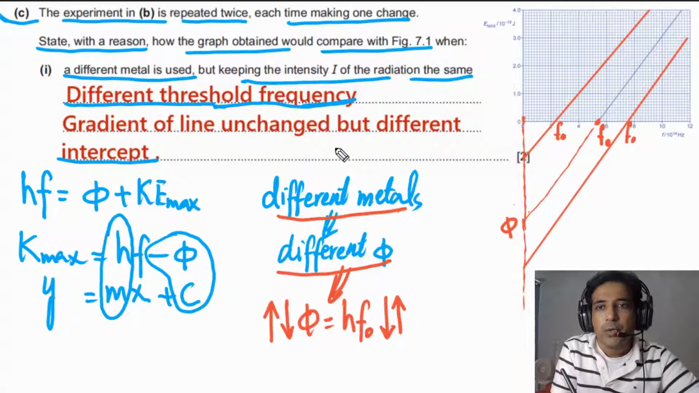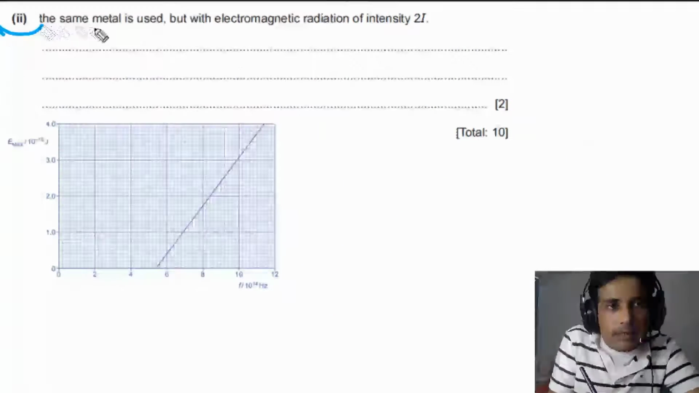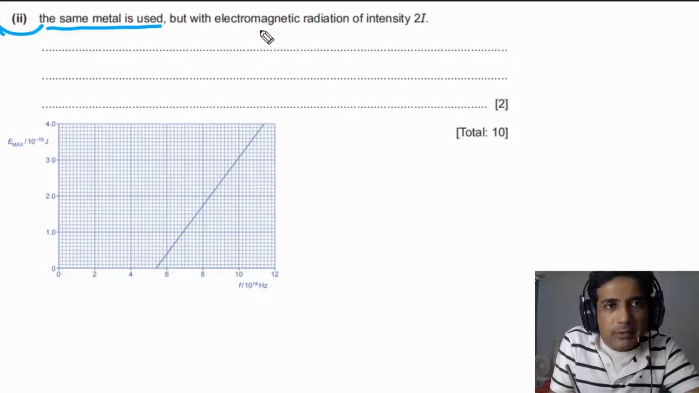So these 2 points you have to mention in your answer. This one is 1 mark for the explanation, and this one is for the statement, and this is also B mark. For the second part, it is given to us when the same metal is used but with electromagnetic